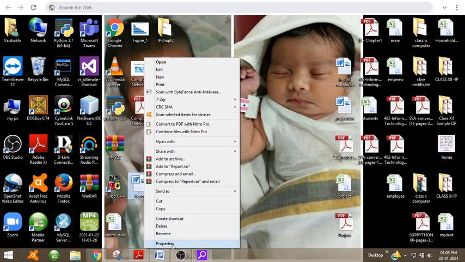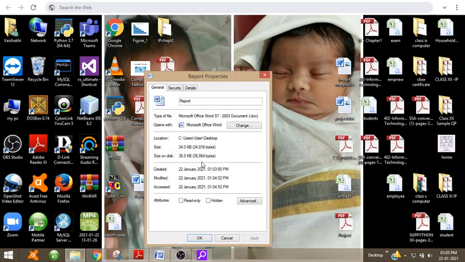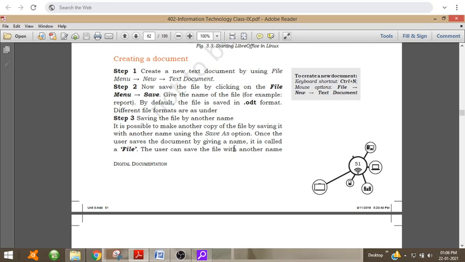Go to properties and check what the file format is. Here you can see the file format of our document. It is .doc because our document is in Microsoft Word. Likewise in LibreOffice, our document will have the file extension .odt.